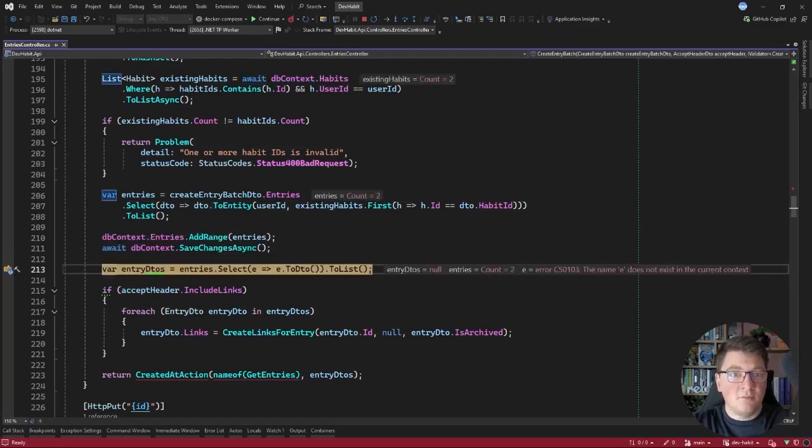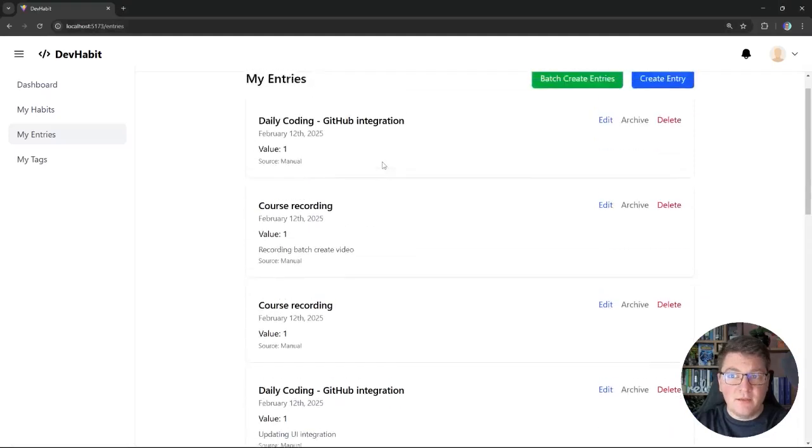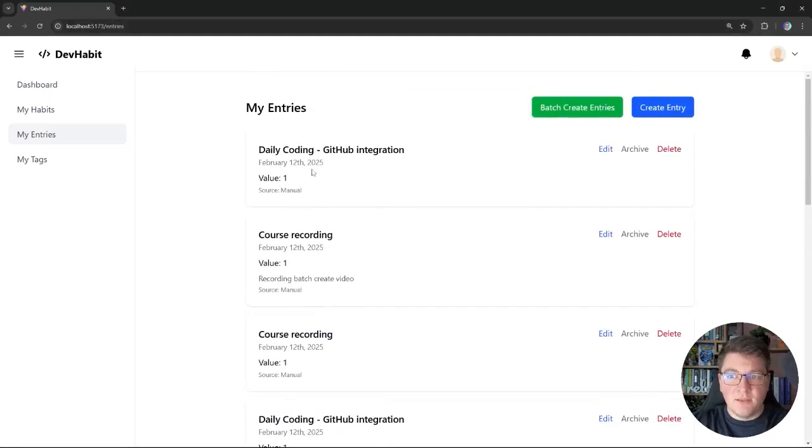And finally, I can persist my entries in the database, and I'm going to press continue here. We'll get a response back in the user interface, and I'll be navigated to the list of entries. And here you can see my two new entries right at the top, because this is how I'm sorting the responses. We have my course recording entry, which is a manual entry, and then another manual entry for the daily